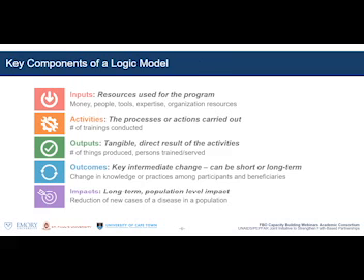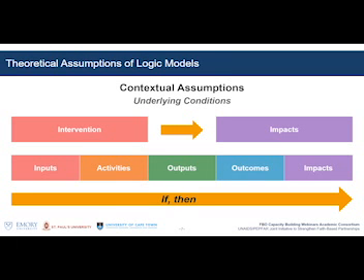So next slide, please. The logic or theory underlying the model is that if these kinds of resources and activities are used to conduct the work, then outputs, outcomes, and impacts are likely to happen. So keep that in mind as the core underlying rationale that undergirds the logic of moving from the left side of the model, the intervention side, into the future to what creates the impact in the future. If this occurs, then likely these kinds of things will happen as a result. Next slide,